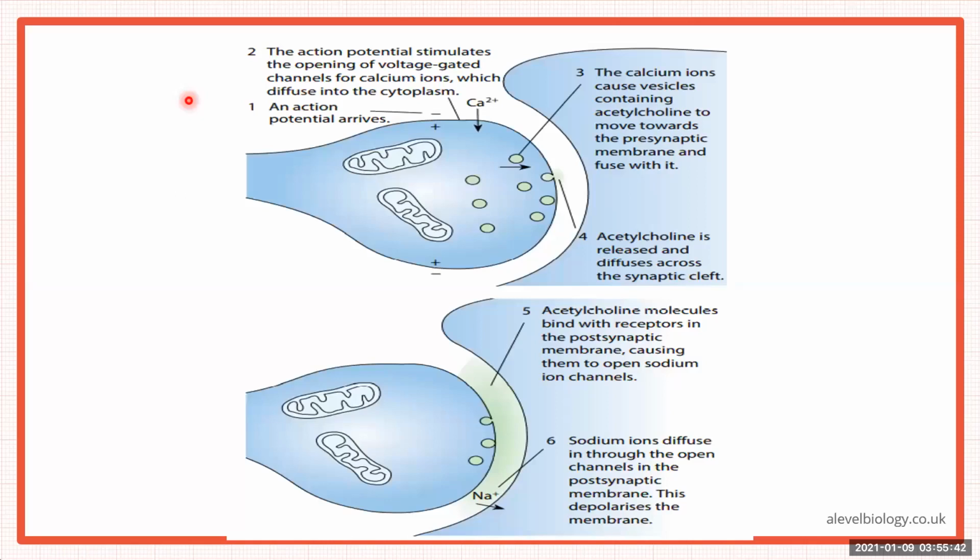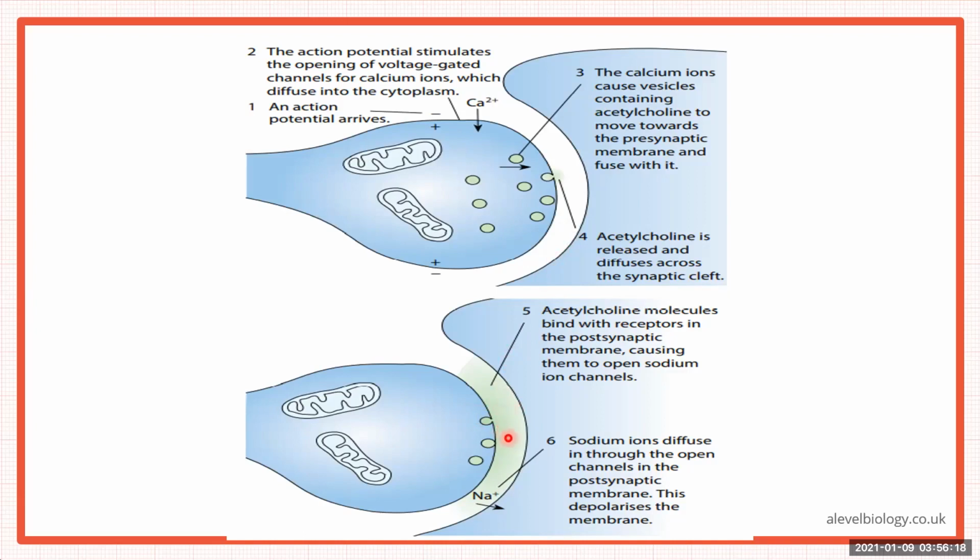Okay, so this is just a brief summary. This is the initial phase. The action potential arrives. The action potential stimulates the opening of voltage gated channels of calcium ions, which diffuse into the cytoplasm. The calcium ions cause these vesicles containing acetylcholine to move towards the presynaptic membrane and fuse with it, right? It is then released across the synaptic cleft. Then acetylcholine molecules bind with the receptors at the postsynaptic membrane, causing them to open the